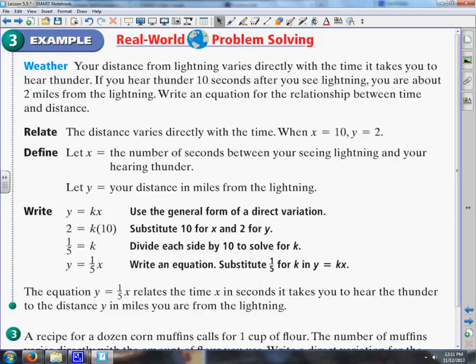If x is the number of seconds between seeing the lightning and hearing the thunder, and y is the distance, you would plug it into y equals kx. I'm going to put 2 in for y and 10 for x, and then I solve this, and my equation is y equals 1/5 x. The equation y equals 1/5 x relates the time, x, in seconds it takes you to hear the thunder to the distance, y, in miles from the lightning. So, now,